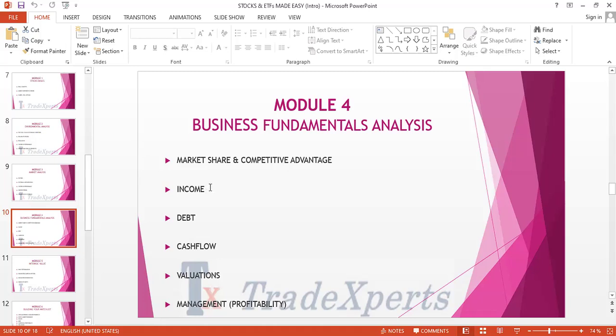Now, when it comes to income, it's as simple as just going to TradingView. We'll do a real life practical of this. You just get to TradingView, and then you are going to look at the revenue. So what are you looking for? You want a history of increasing revenue. You want to look at the last 5 to 7 years, and you want to see that their revenue has been increasing consistently. That shows you that they're able to increase their sales, increase their prices consistently. They're able to make more money year on year on year. You want to see that happening.